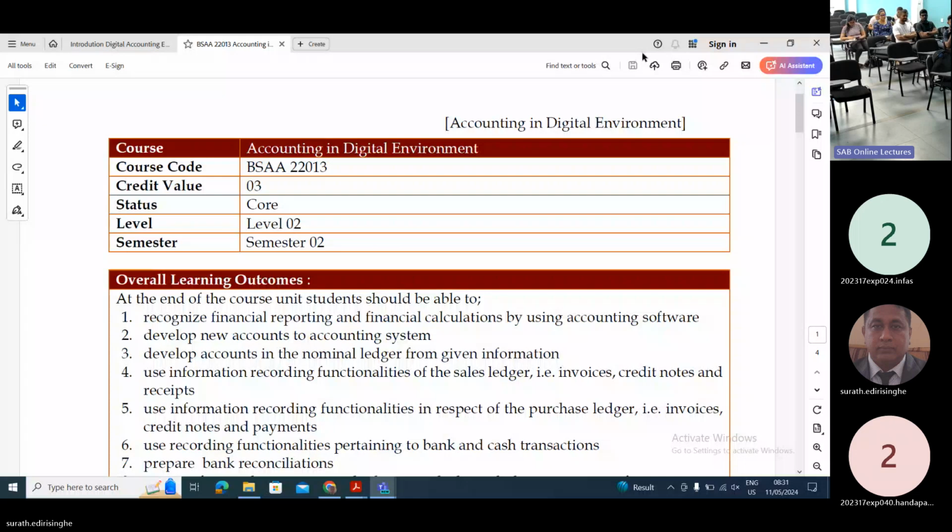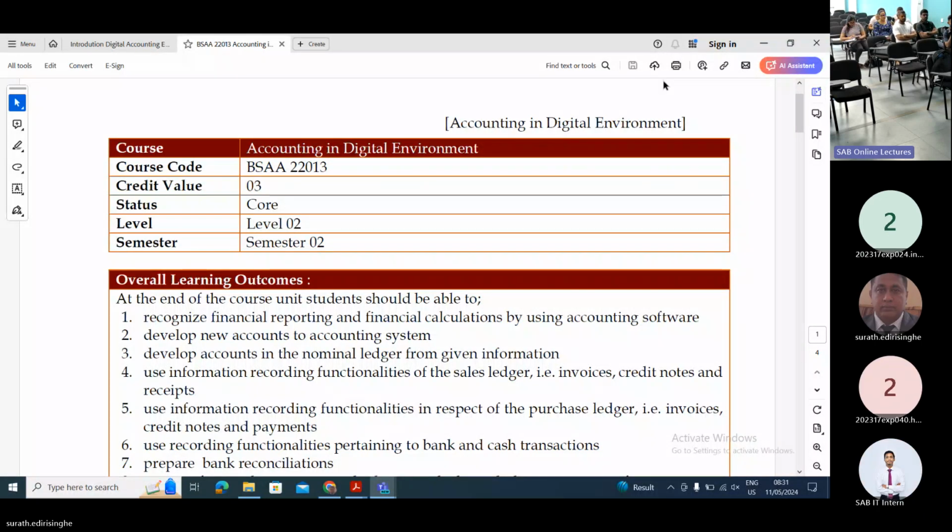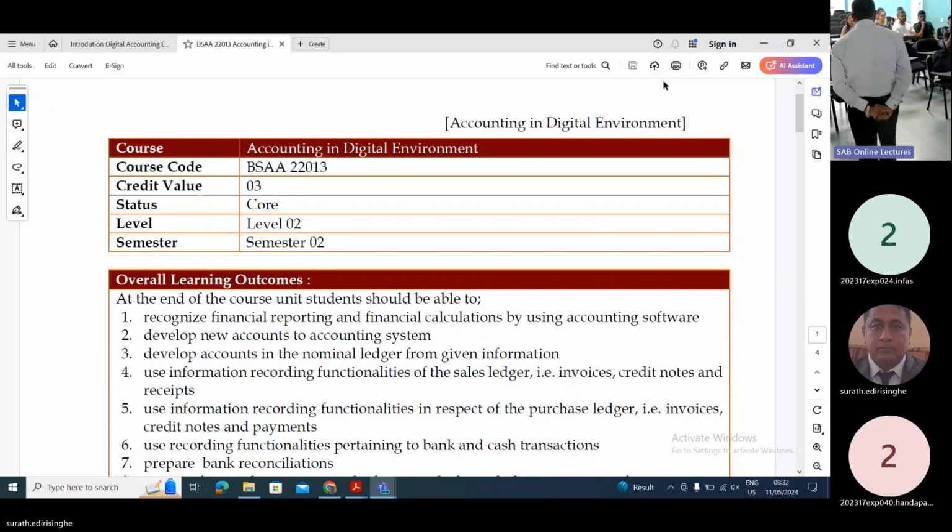Now today we are going to start on accounting in digital environment. The accounting in digital environment subject consists of the cloud-based ERP. This time, the SAP campus was selected on the MyCloud for teaching and learning by the digital accounting environment